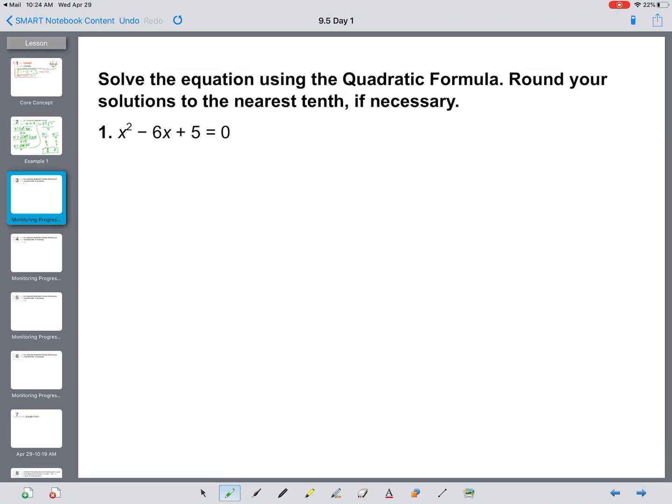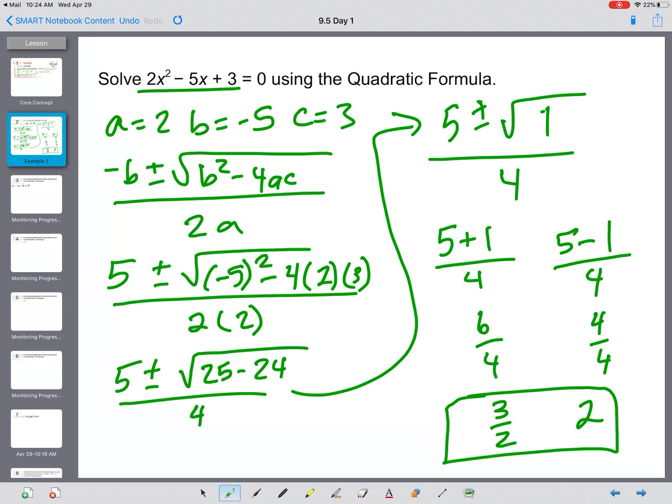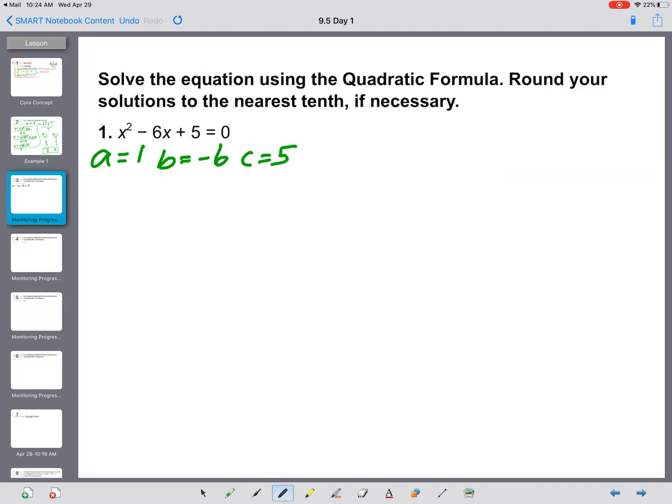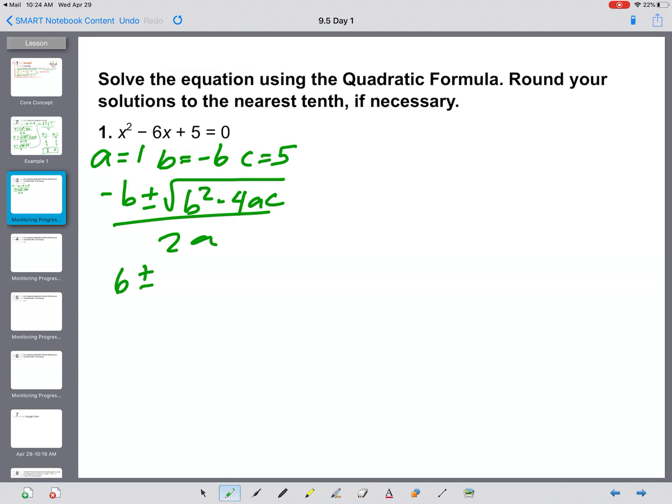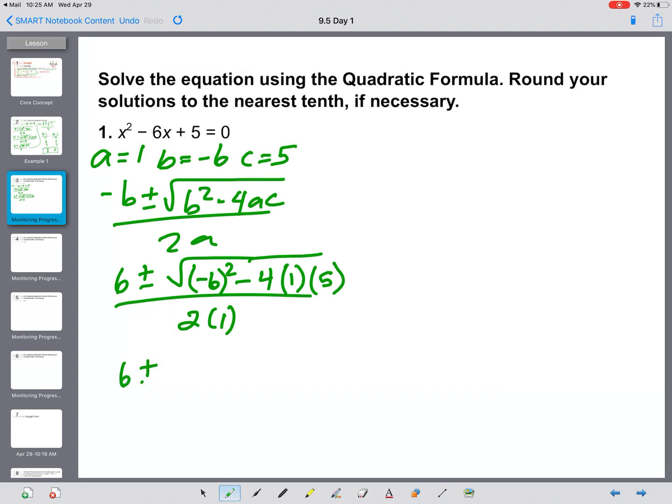We're going to do the same thing. Well, here my a value is 1, b value is negative 6, c value is 5. So when I start to run my equation, I've got negative b plus or minus the square root of b squared minus 4ac all over 2a. So that gives me 6 plus or minus negative 6 squared minus 4 times 1 times 5 all over 2 times 1. So that's 6 plus or minus